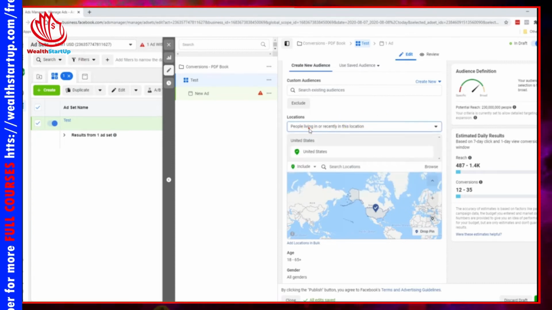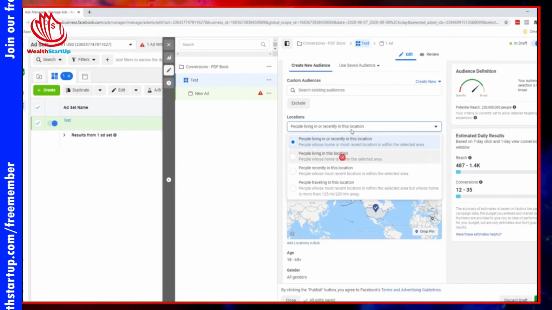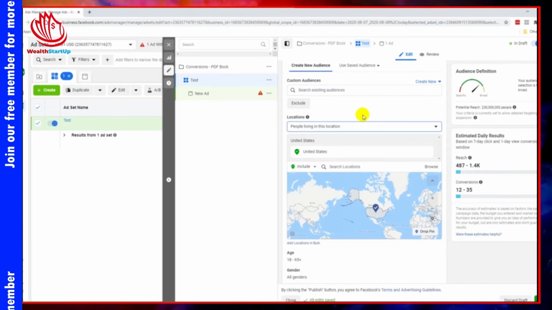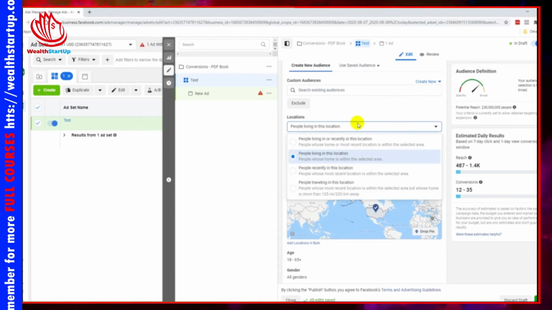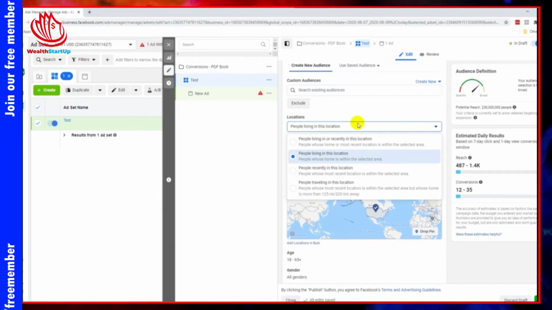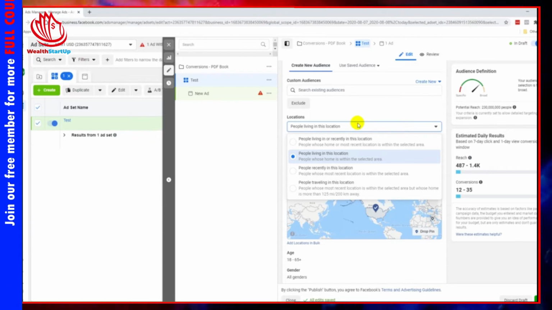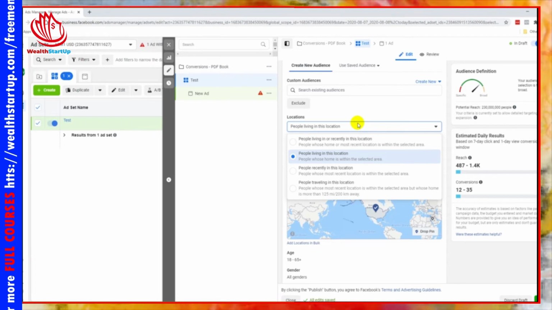Okay, now here's what we're going to do. If you notice the location here says people living in or recently in this location, we're going to change it to people living in this location. Now this really depends on some countries where you might be making an offer that citizens of that country would take part in. Sometimes, for example, if you're doing insurance or selling properties, and usually you're selling it to another person who is a citizen,